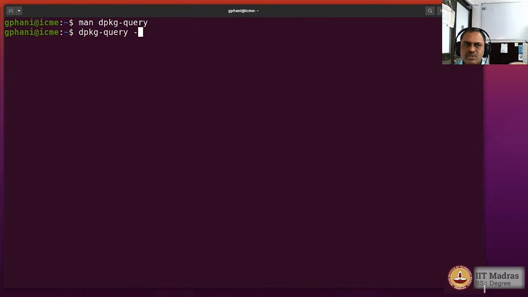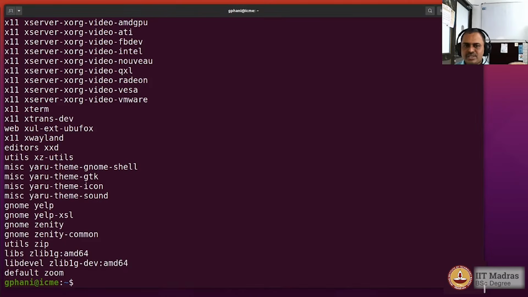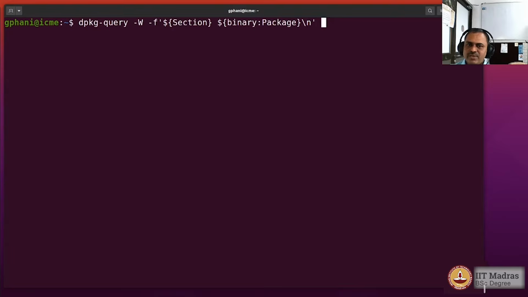So I am just going to run the same query. So -W to provide information about the packages, and -f to provide the pattern. So I have the section I would like to have, and then one space, and then the name of the package has to be shown, and after that I would like to have the newline character. Now you see that this list is quite long, and here is where we would like to use the grep features. Okay, so let us say I use the extended regular expression engine,